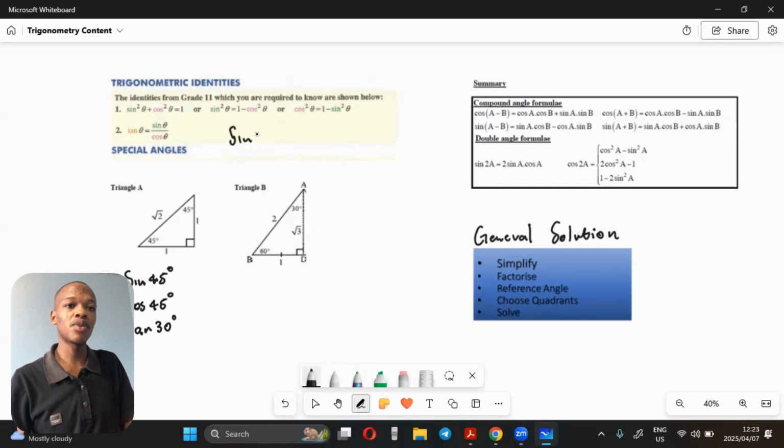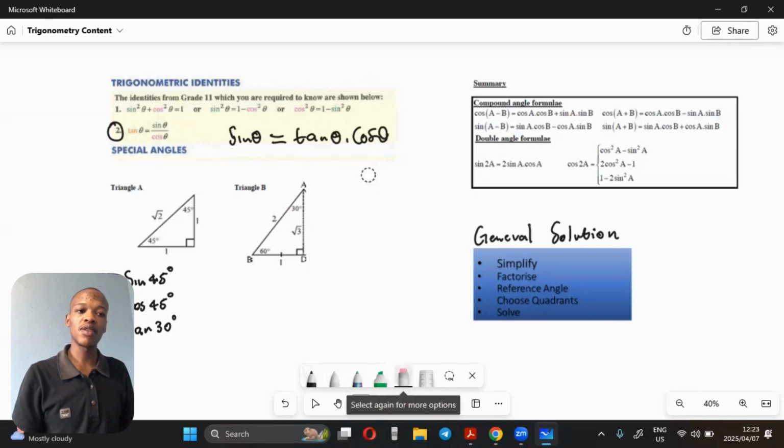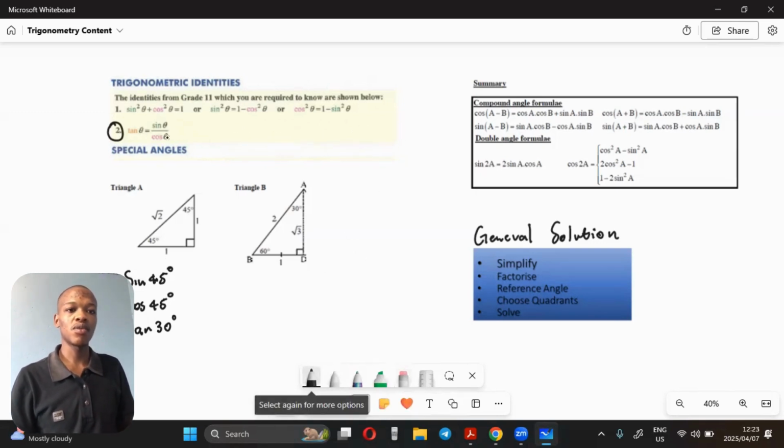According to this identity number 2, sine theta can be written as tan theta times cos theta. How did I get to this? You do cross multiplication on this one, and you'll get to this. And also whenever you are looking for cos, now what do